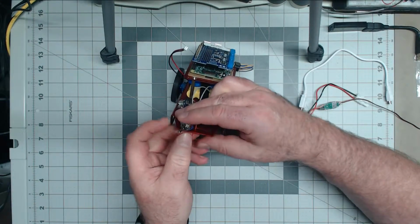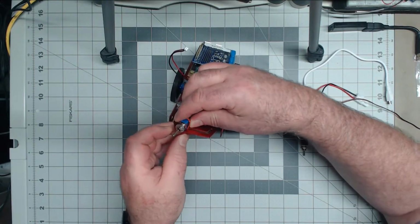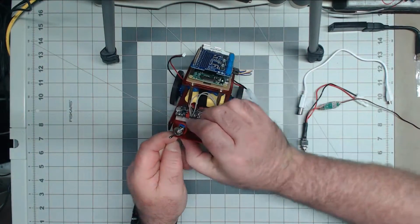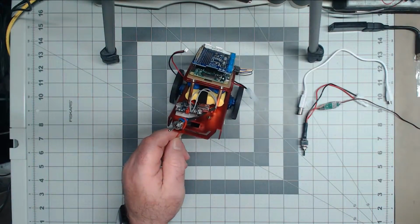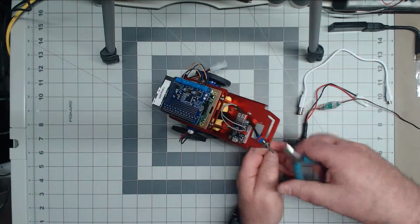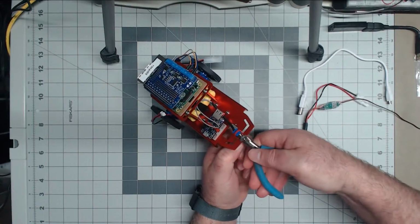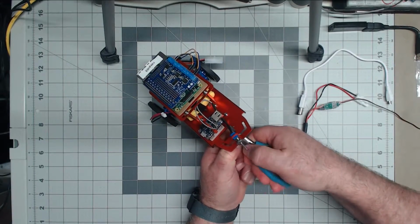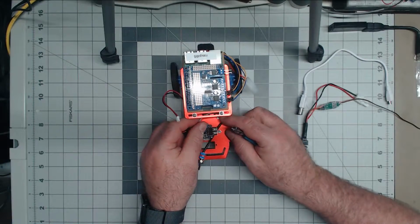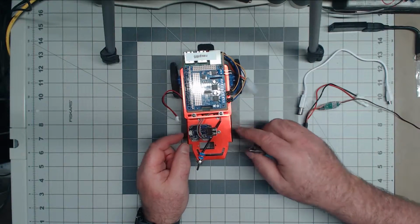I buy them in a bulk container at a local hardware store, so not like there's too many of them. See if I can snug this up a little bit. Okay, and there's one switch over there. And I'll route the USB cable to the Raspberry Pi after I finish